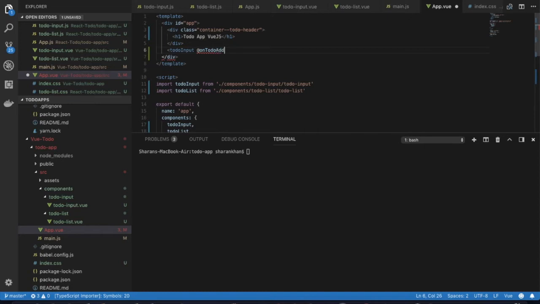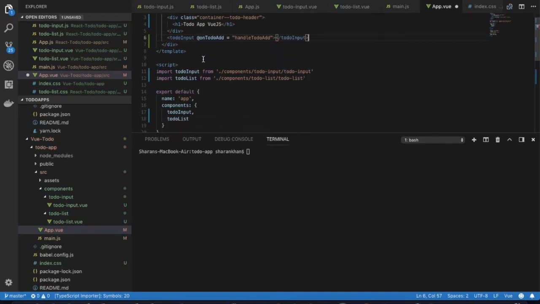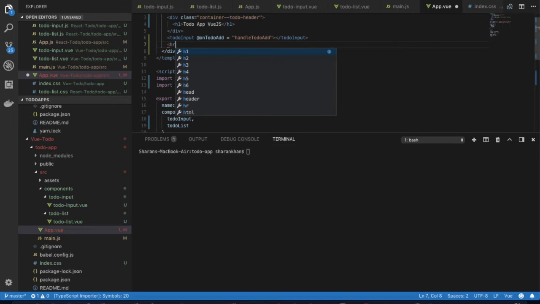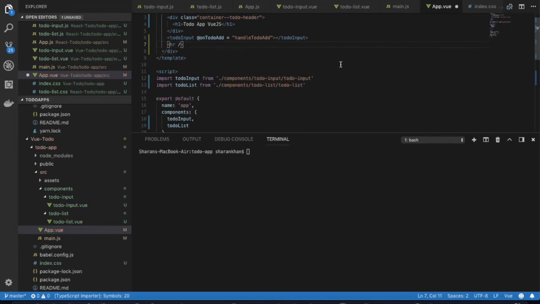So handle todo add. For example, we'll write some method in it. What we need to write is handleTodoAdd, which will, let's make an h1 over here, because we need to be a bit consistent in our app,